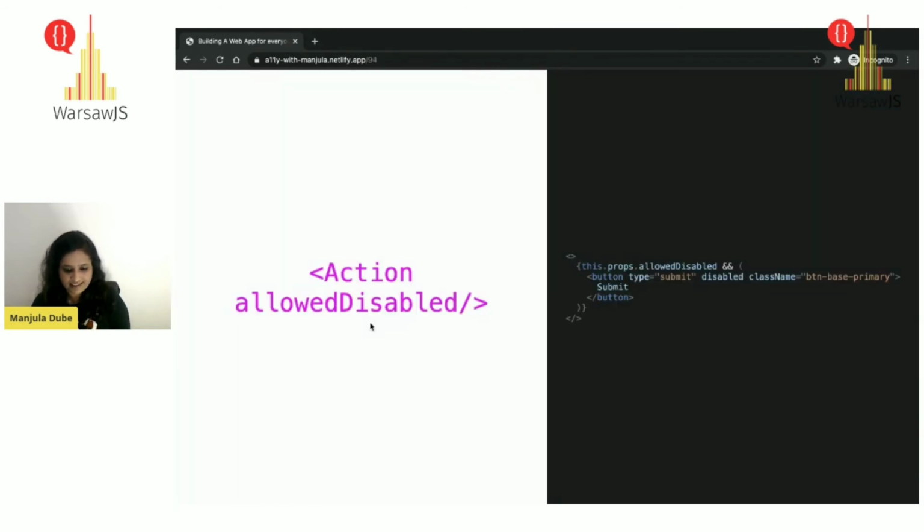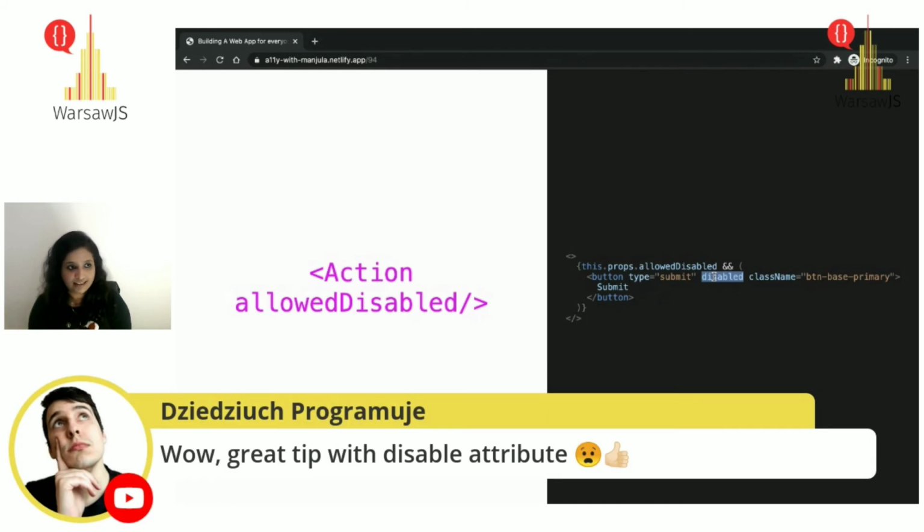Now, let's say we always made sure that in our action component we allowed the disabled attribute. If you pass this as a prop, you would disable the button, but don't use it until and unless you want to make sure that this button should also not be shown to, or even accessed by, the screen readers. Only then use it. But I don't think there is any use case.